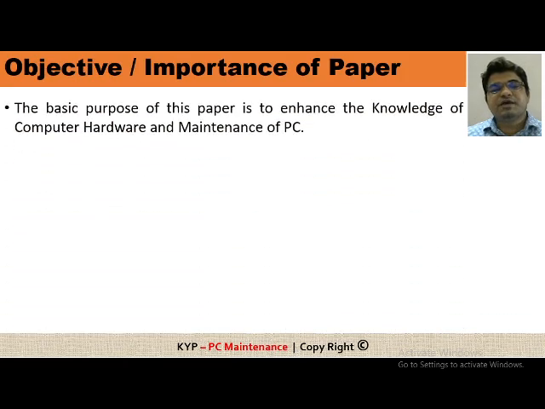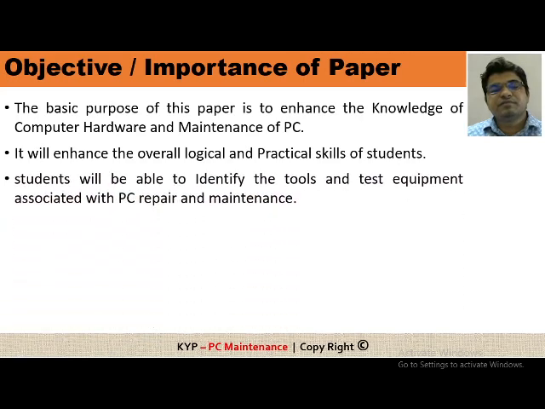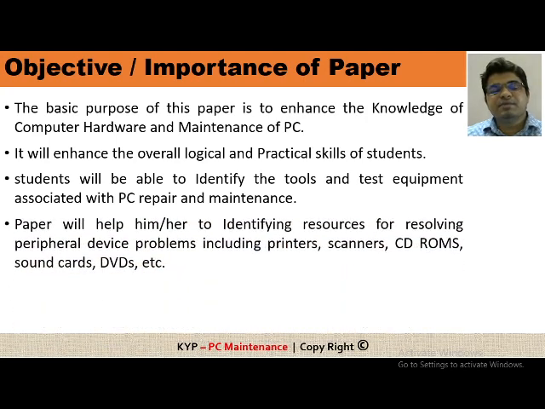The objective of this paper is to enhance knowledge of computer hardware and maintenance of PCs. It will enhance the overall logical and practical skills of students. Students will be able to identify the tools and test equipment associated with PC repair and maintenance. The paper will help them identify the resources for resolving peripheral device problems, including printers, scanners, CD-ROMs,